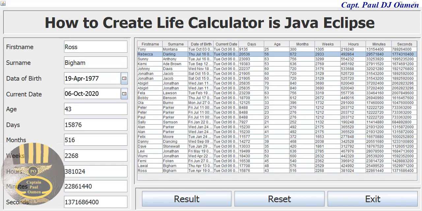Hi and welcome to how to create a live calculator developed using Java Eclipse. So guys, I'm going to show you how this works. I'm going to just enter some other names in there. So let's come in here and enter, let's say the name is Paul